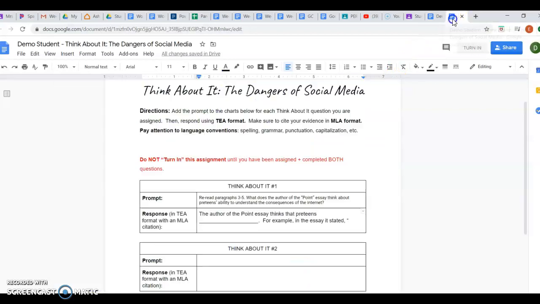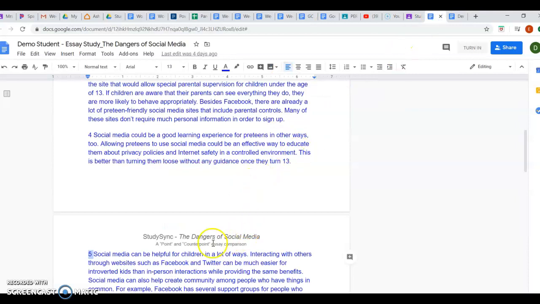Once you've decided what evidence you're going to use, you're going to fill it in. You're not going to put a blank like I'm putting. This is just a sentence frame. End quotation mark. And then don't forget your MLA citation. You don't want to get in trouble for plagiarism. Plus, I should be able to go back and check your work. So it's parenthesis. In this case, the author is StudySync.